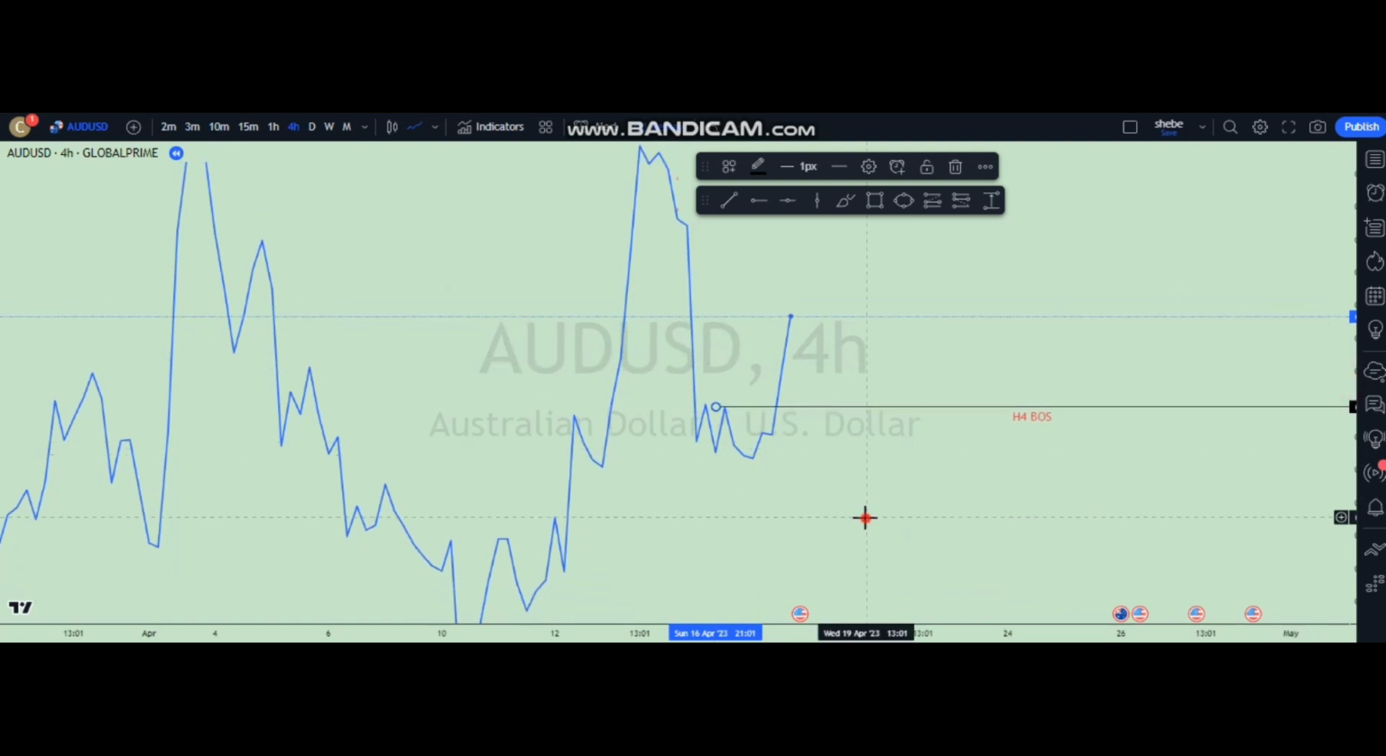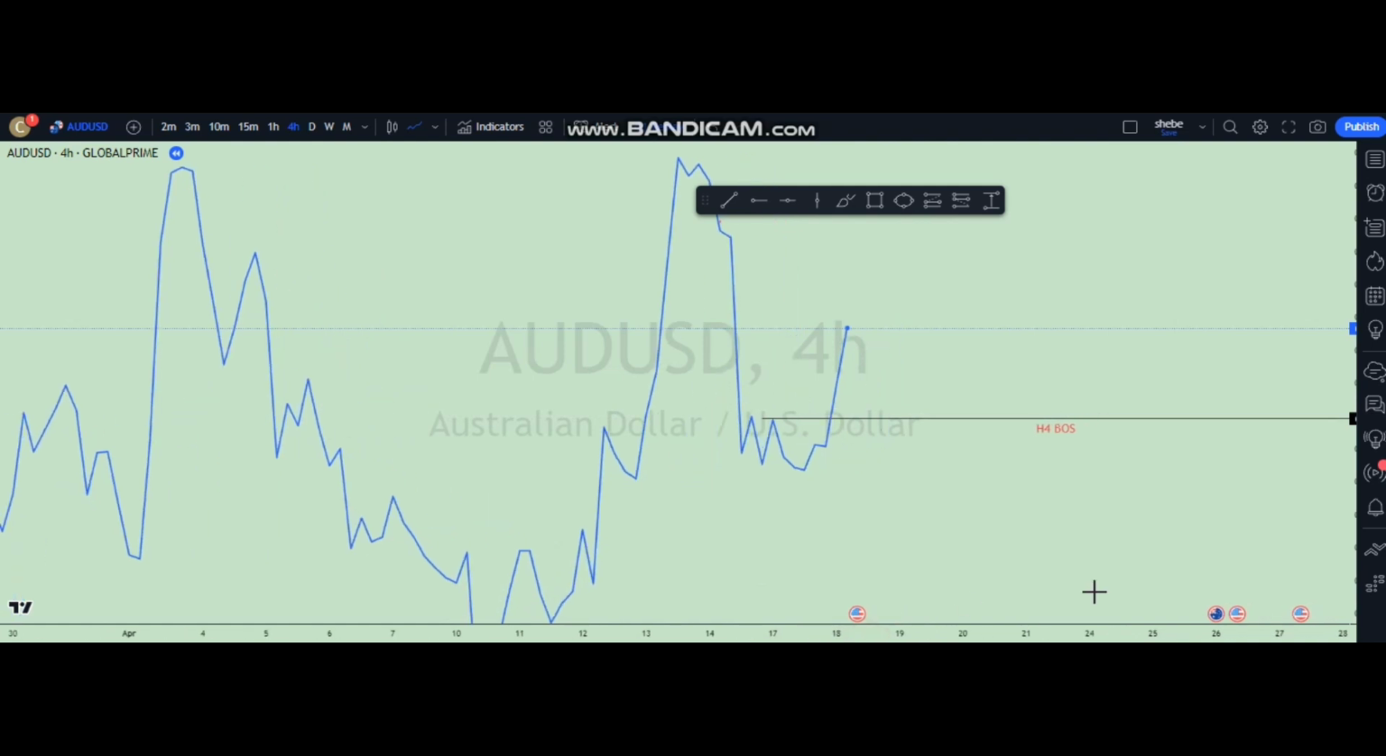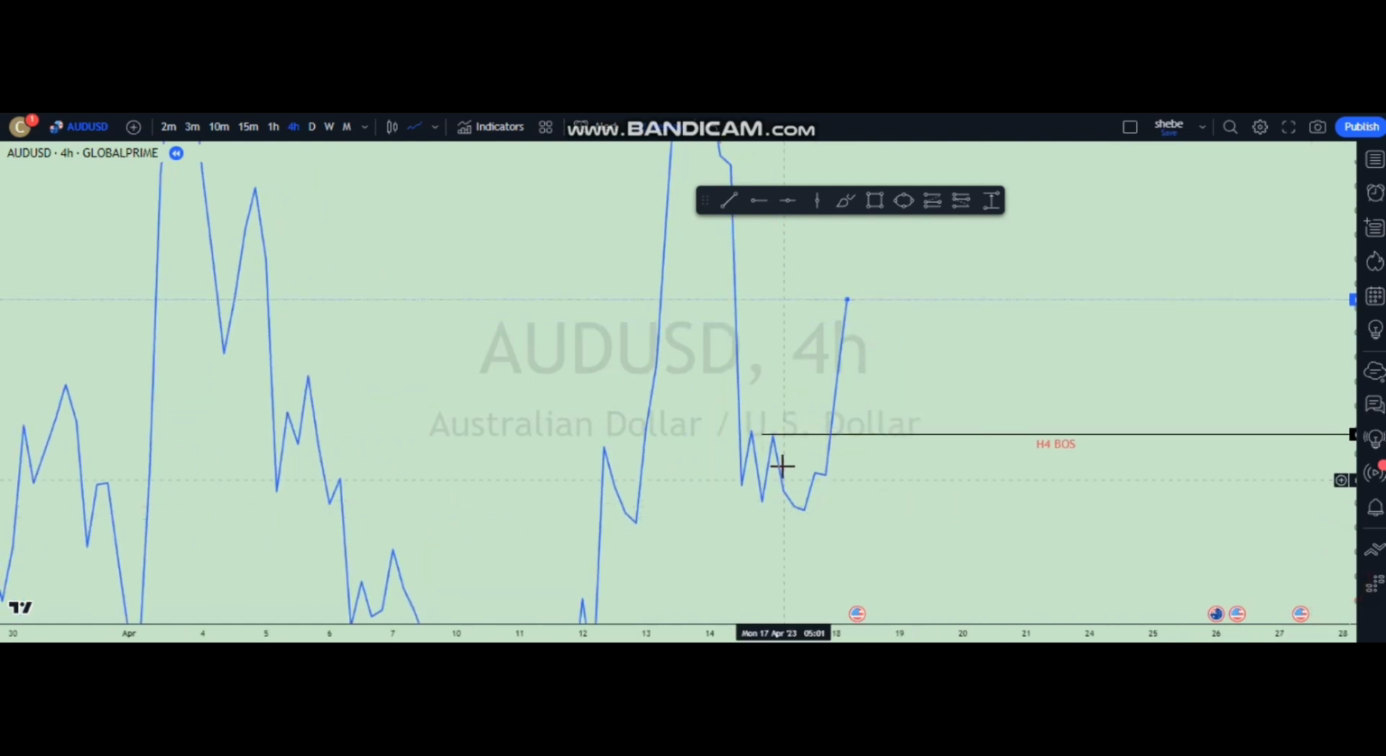But that was not enough for us to take this trade. You have to find more clarity or more confirmation for that. Is this going to be a sell, or may it take us out? Then you go to